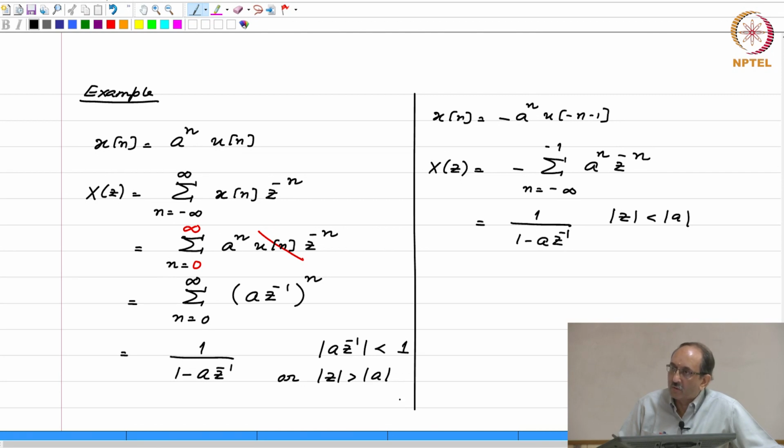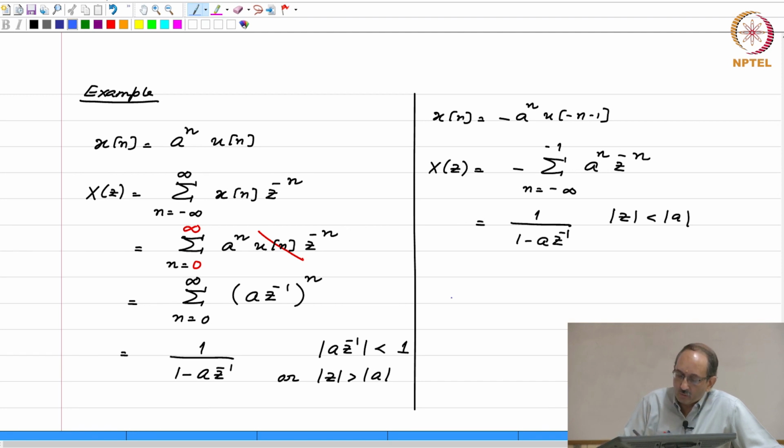So, if I tell you the Z transform is 1 by 1 minus a z inverse, tell me what the corresponding sequence is, you will not be able to tell me the answer, because unless I tell you whether it is mod z greater than mod a or mod z less than mod a, you will not know whether the sequence is a to the n u of n or minus a to the n u of minus n minus 1. So, this is absolutely no different from what was happening in the continuous time case with respect to the Laplace